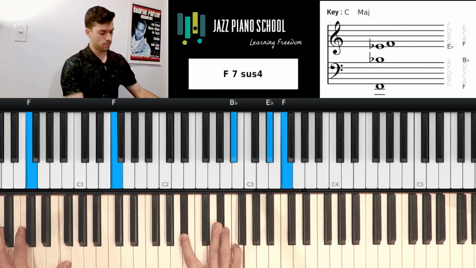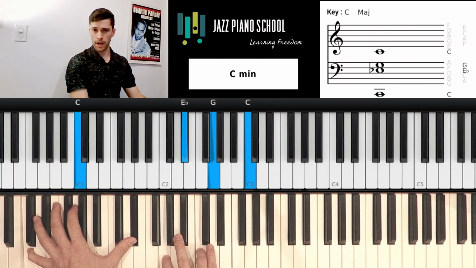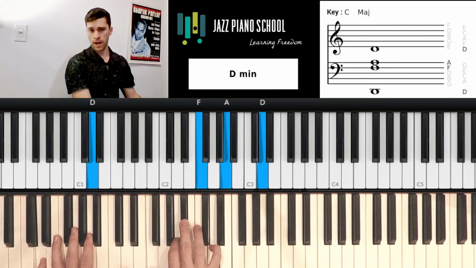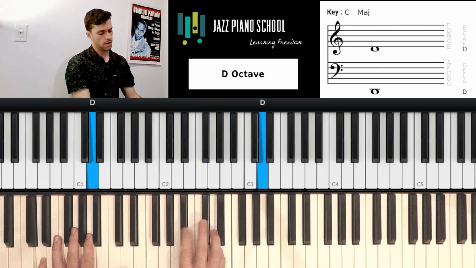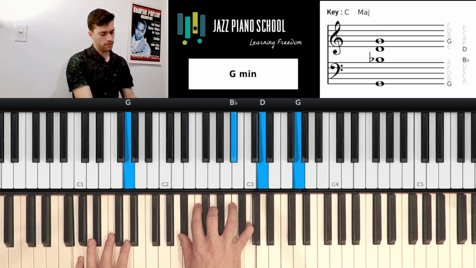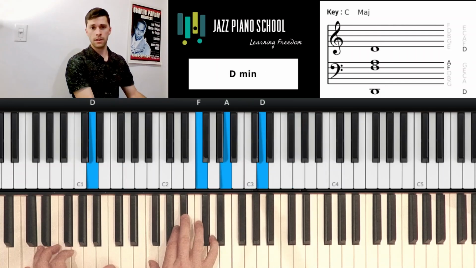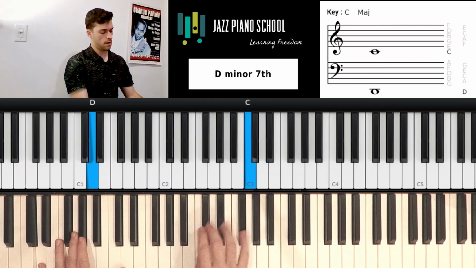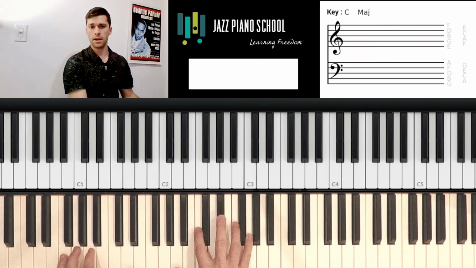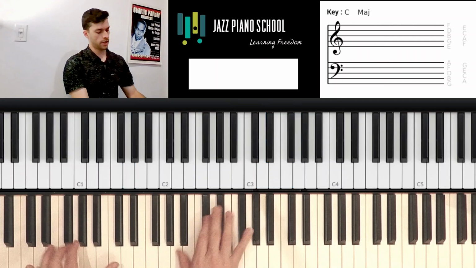And here's the last section we'll go over. Starts on C minor, just a normal C minor triad, a D minor triad, and then G minor. So those 3 chords again: C minor, D minor, G minor, and our passing chord is an F triad. So all together we've got